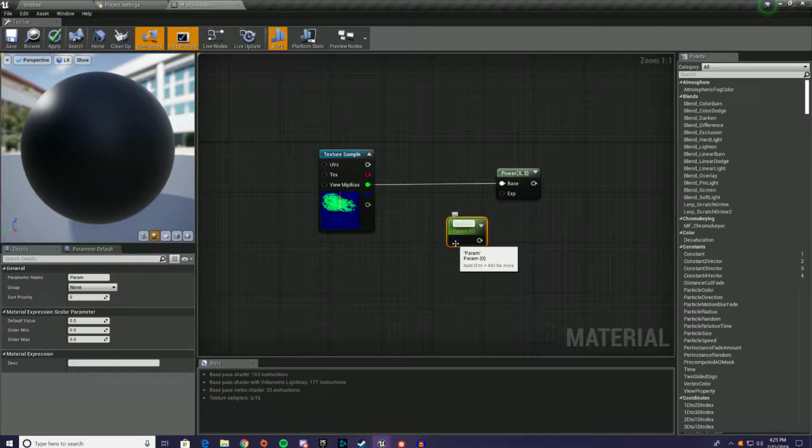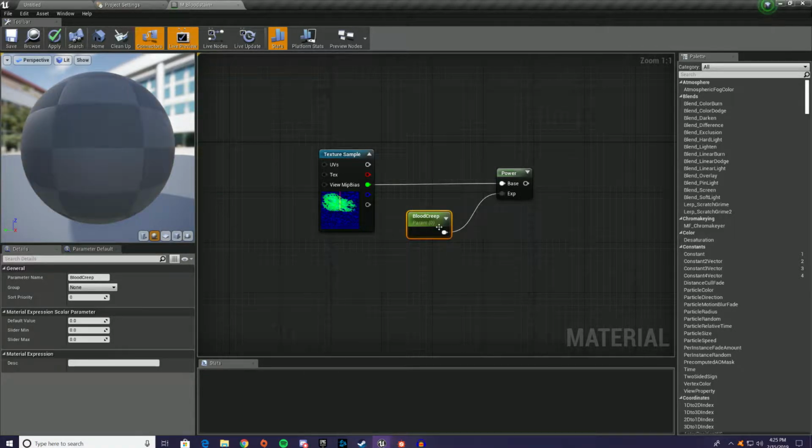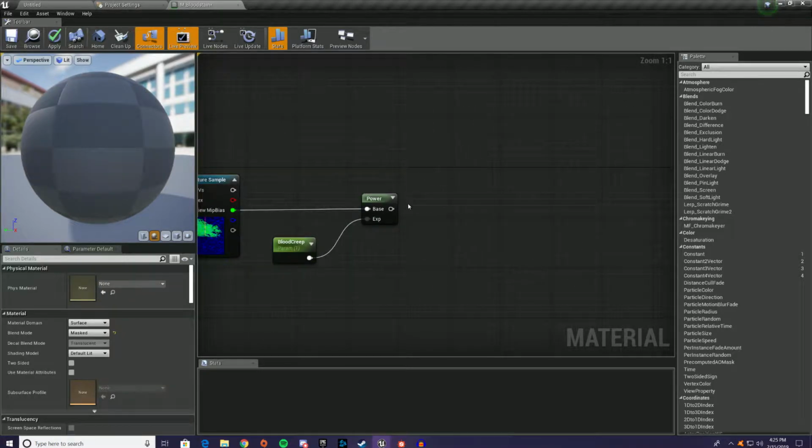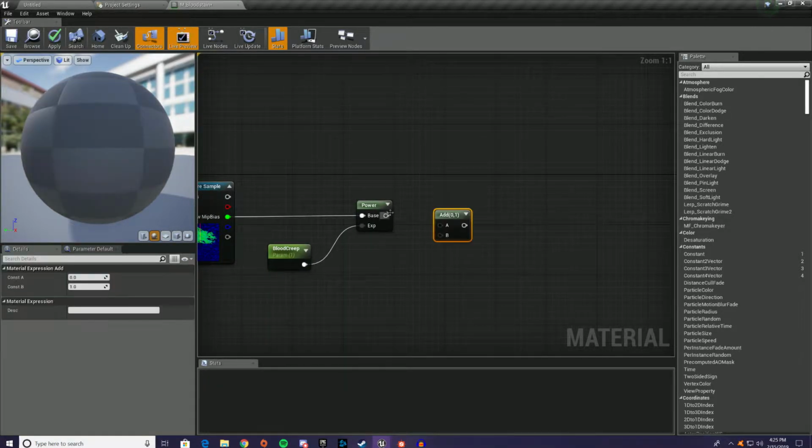If you wanted to do this manually through sequencer or through blueprints, you could totally use a scalar parameter to drive this power node. However, I'm going to do this by time, so it just loops. But for now, we're going to look at the scalar parameter so that we can see how this is working. So we're going to plug that in. We'll just make the default 1. It doesn't really matter. We're going to add,